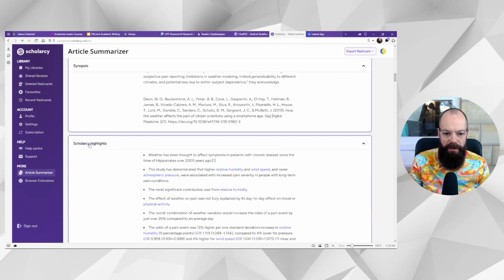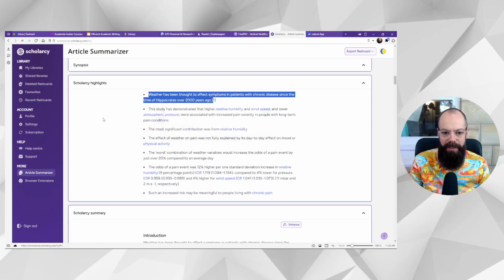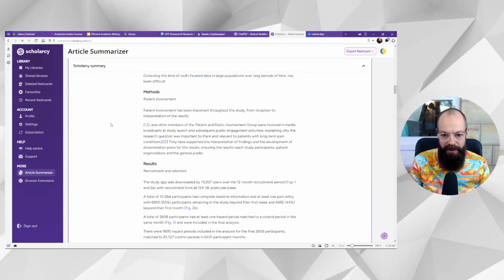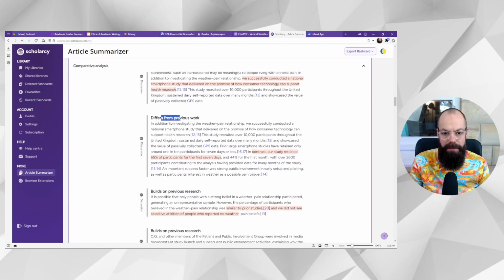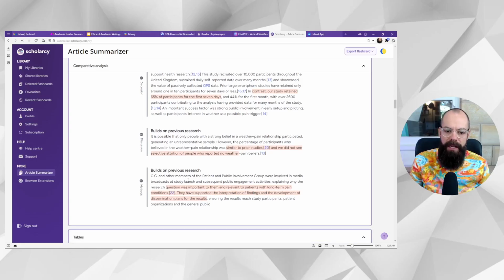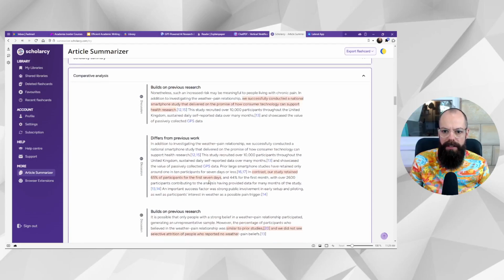We've also got Scholasy highlights, where it's looked at highlights from the paper. You can see that it's got all dot points. I like that because I like dot points just to read. It's got a summary, and it's got a comparative analysis. So overall, it says how it builds on previous research and how it differs from previous research. So these are ways that you can start to compare and contrast this to other things